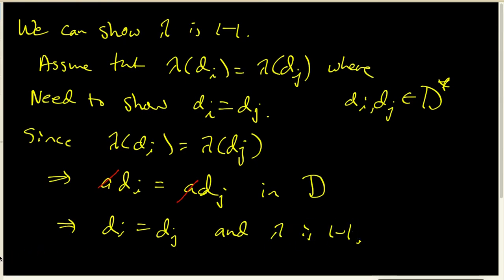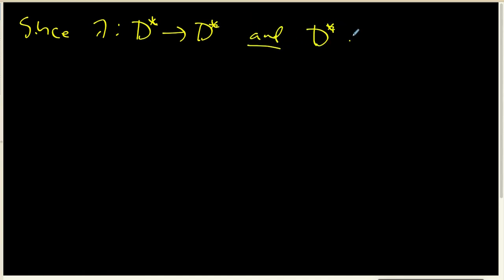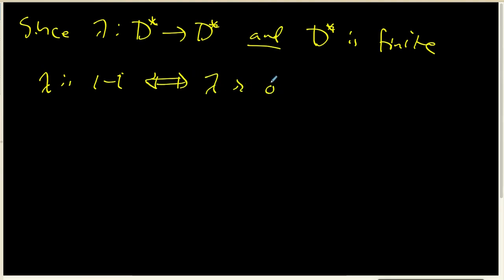Now, the importance about lambda being 1 to 1 is the fact that d star is a finite set. So since lambda is taking d star into d star and d star is finite, that's enough to say lambda is 1 to 1 if and only if lambda is onto. And that's the fact that we really actually need. So the fact that lambda is onto,